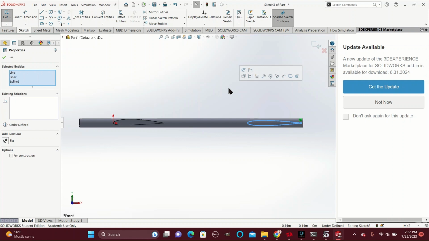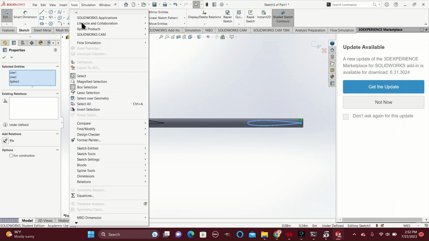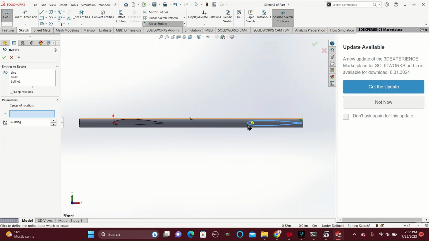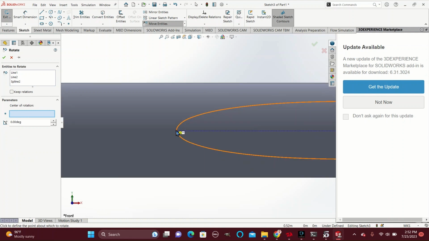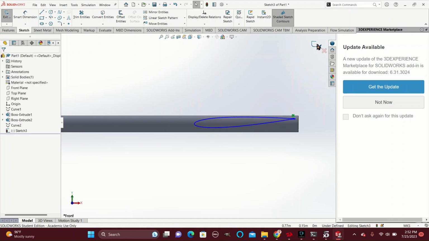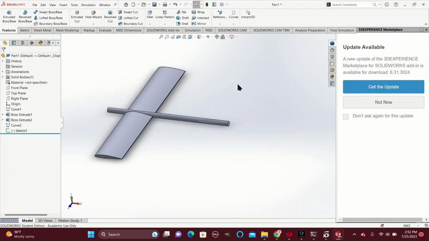And we are also going to do another step where we highlight all the lines, go to Tools, Sketch Tools, and then rotate it. So for center of rotation, we can just click near the front of the shape and then go with 3 degrees. And as you can see, we've rotated it upwards like we do with our plane designs. So then exit sketch,